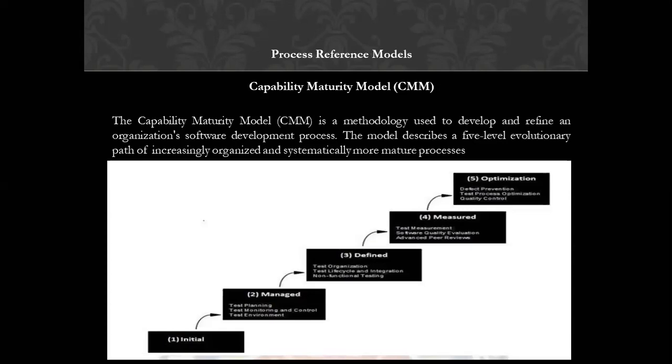So something similar is there. You can relate things from that diagram also. This Capability Maturity Model provides us guidelines to enhance the maturity level of those software products, and it works on a scale of level number 1 to 5. There are 5 different levels, and there are some key process areas.